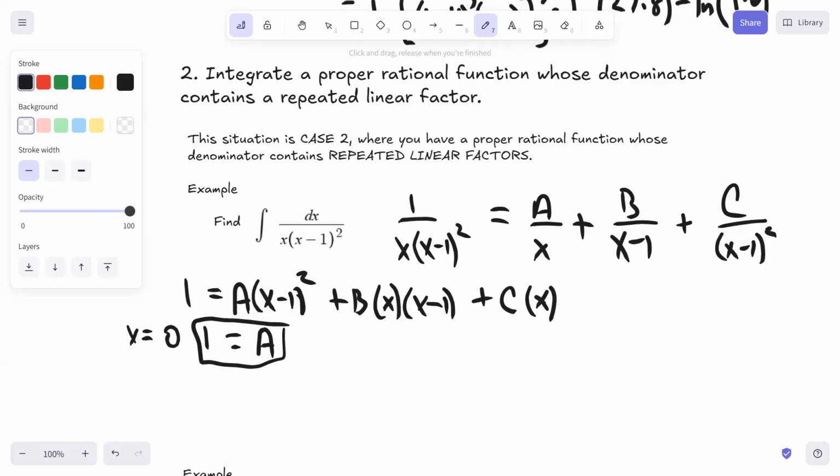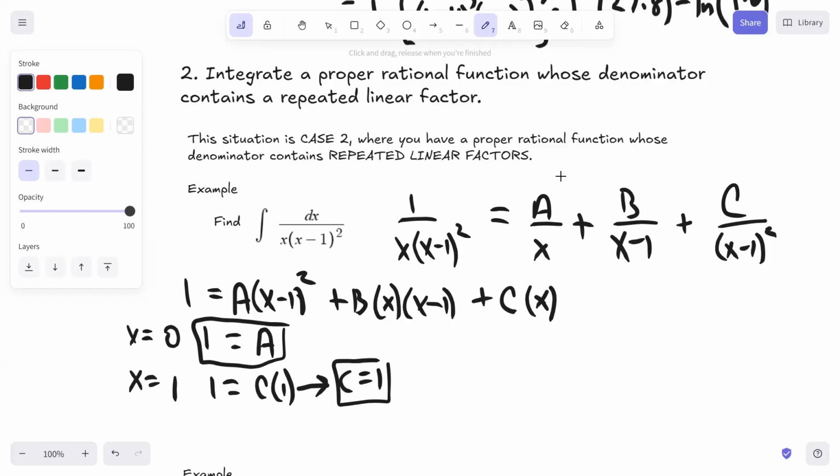If you pick x equals 1, the a term and the b term are going to go away. So you'd have 1 equals c times 1. So c equals 1. Now there's no other strategic values, but what you can do is use the values of